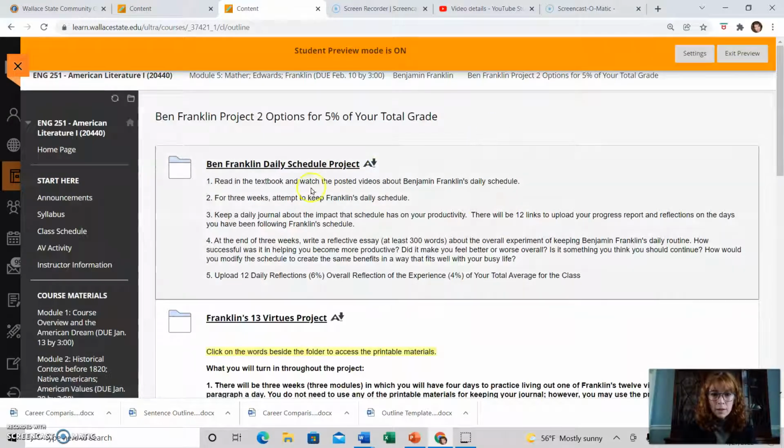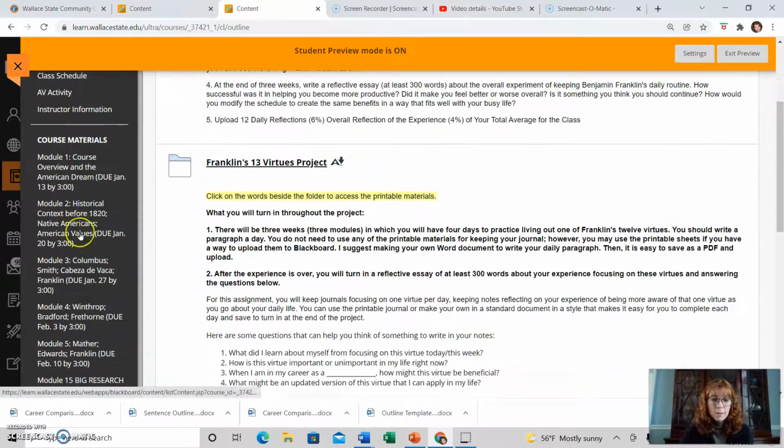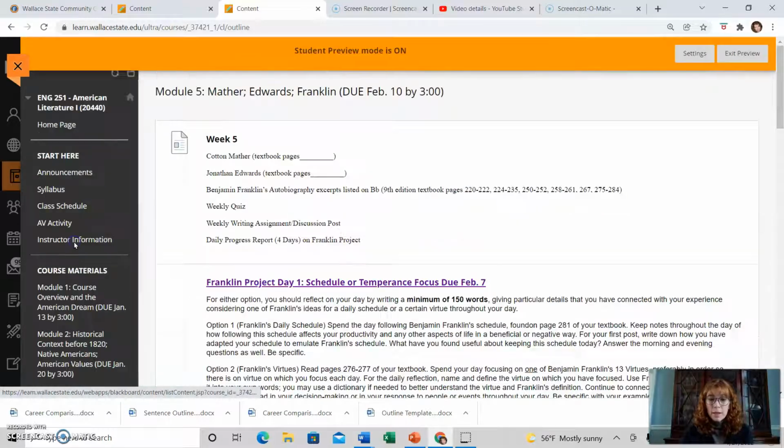You can click on the title here and you can see the two options in more detail. You have the daily schedule project. I will let you read that for yourself. You're actually going to have 13 daily reflections. And the reason for that is there are 13 virtues. So I'm going to modify this so that it has 13 daily entries, which are going to be posted individually